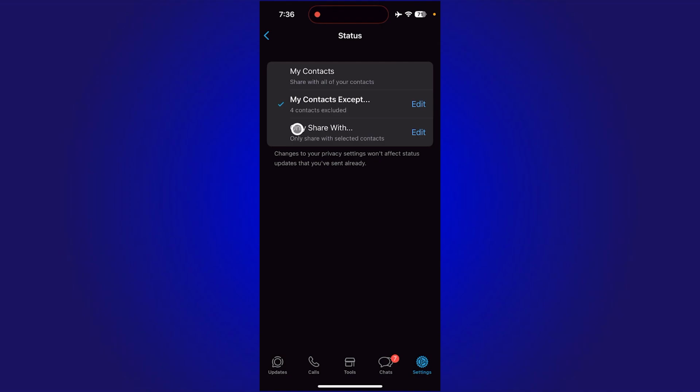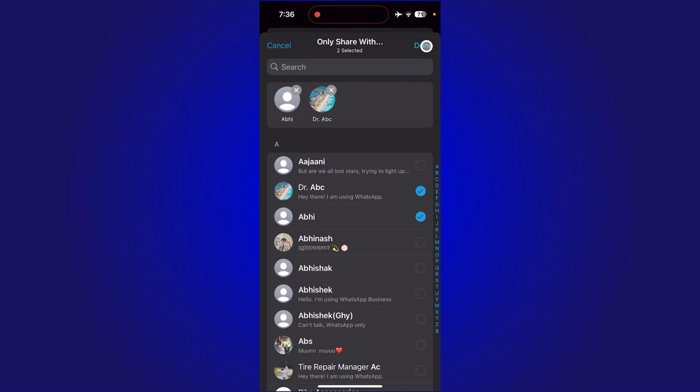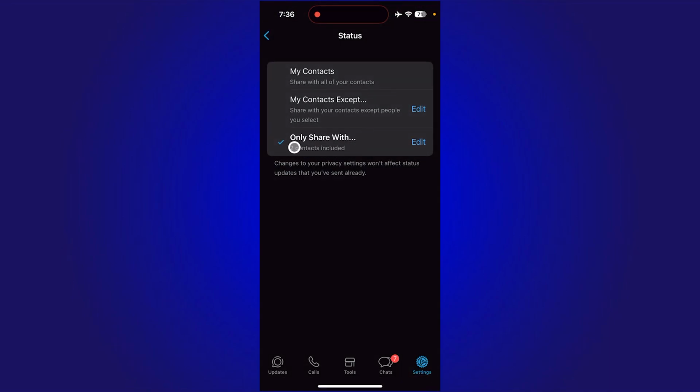And also there is this only share with button. What it will do is, if you tap here and select 2 persons, only these 2 contacts will be able to see your status and the rest won't be able to see. So yeah, you can figure it out